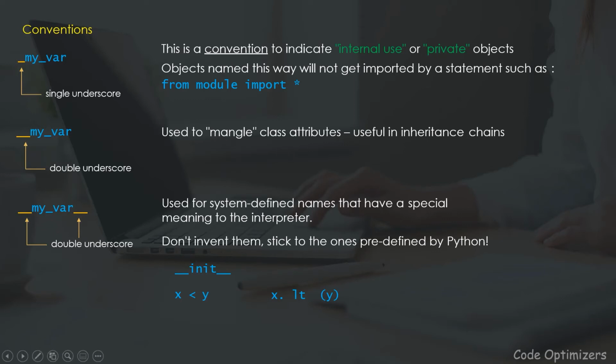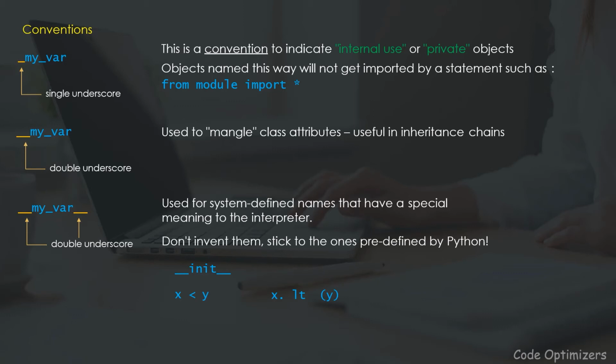Now the same thing happens. Let's say you have two objects x and y that are instances of some custom class that you have written, and you want to compare them and say x less than y. What's going to happen is that the Python interpreter is actually going to run this underscore underscore lt underscore underscore. The underscores are not visible here. So this operator actually gets evaluated by using this expression over here.